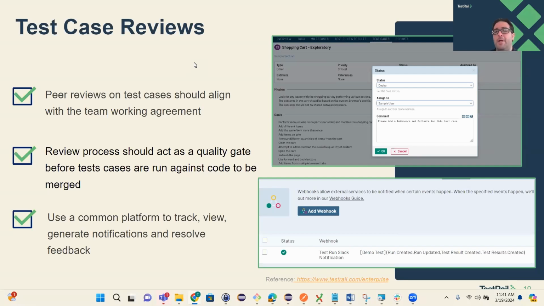One of the things that TestRail does, and I'm really a huge advocate of on our enterprise version, is this test case review approval kind of cycle where we can set statuses for test cases, do an actual approval review phase, add comments. You'll see my screenshot at the top. It's maybe for an exploratory test case. It could be for